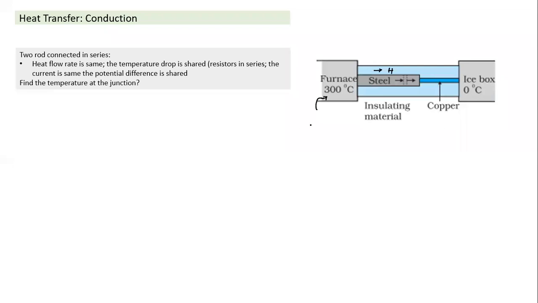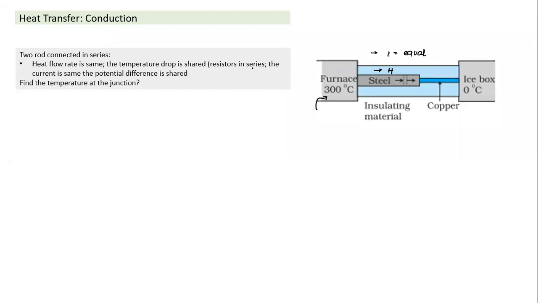So when they are connected in series, what is the important point here? In this case, the heat flow rate across steel and the heat flow rate across copper are equal. Something similar, when we talk about current electricity, we talk about I being equal. Which kind of connection has the same current? Series connection. So this is also like a series connection. Heat flow rate is the same and the temperature drop of 300 degrees is shared across those two. So it's very similar to the case